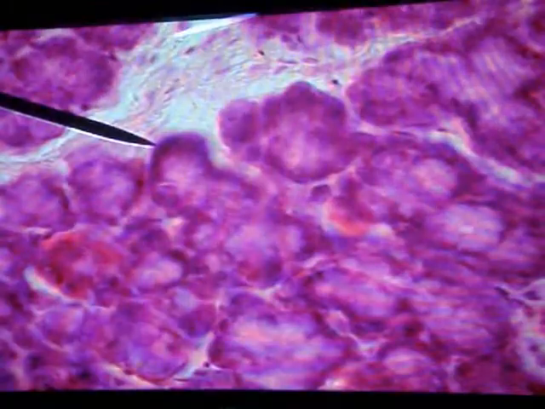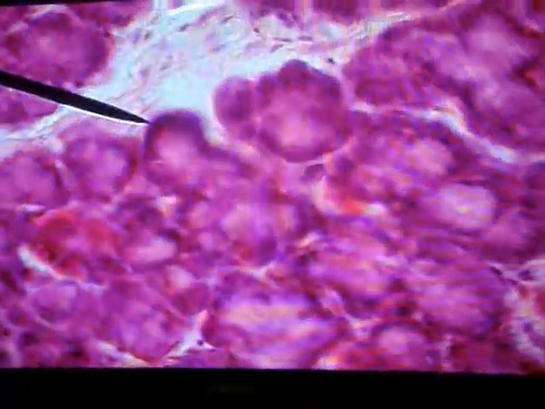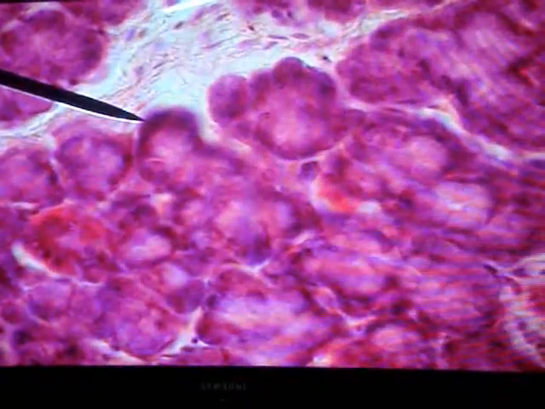This is a slide of sublingual gland, which is predominantly mucous in variety, but you also see the serous demilunes in this slide. But the previous tissue was submandibular, is there no difference from this? No, this is a sublingual. So what was the one before? Pardon? This is submandibular, serous. Is submandibular predominantly serous? No, parotid is predominantly serous. Submandibular is mixed.